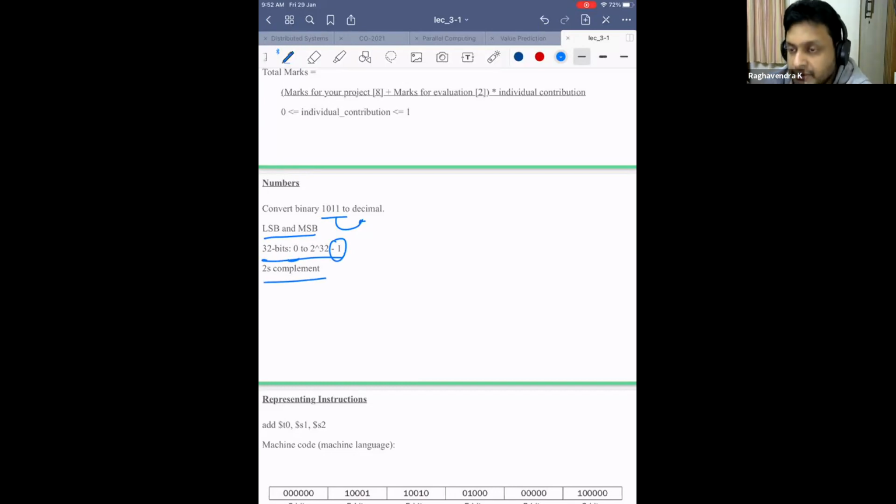Generally, people store everything in 2's complement. Right? I hope you know the difference between 1's complement. So if I have 4 bits, I can only store positive values. If I store only positive values, it will be from 0 to 2 power 4 minus 1, so I can store from 0 to 15. All right, in this case, 0 to 15. So I am storing 16 values. This is one way to represent, but I'm only storing positive values.